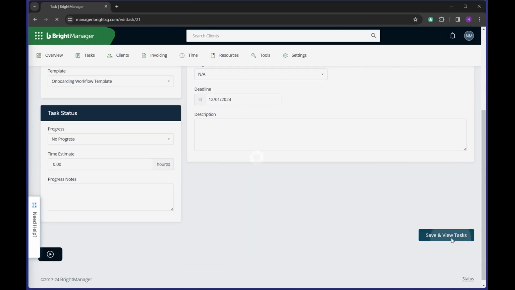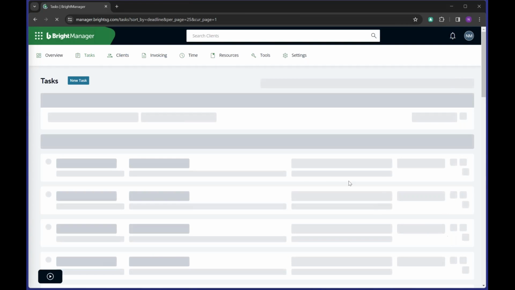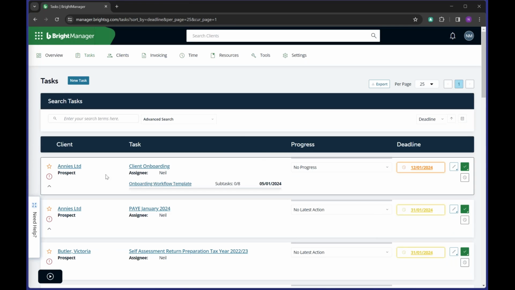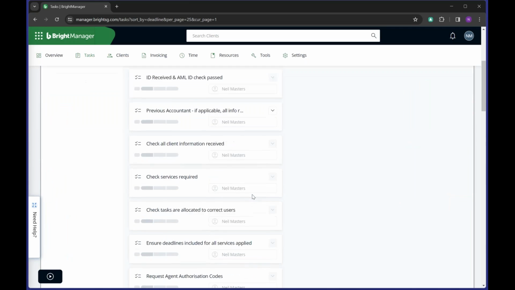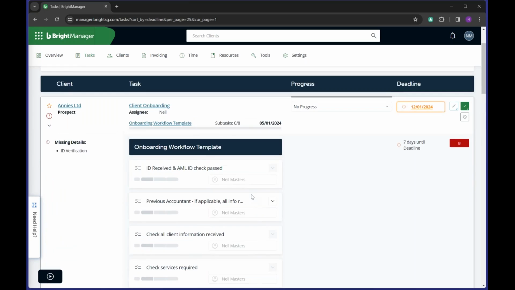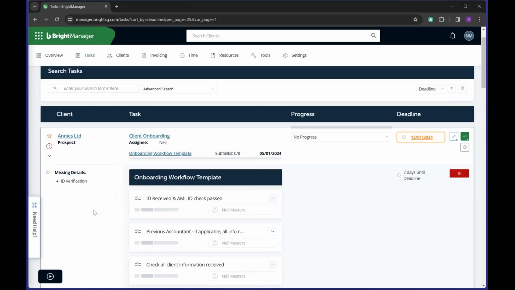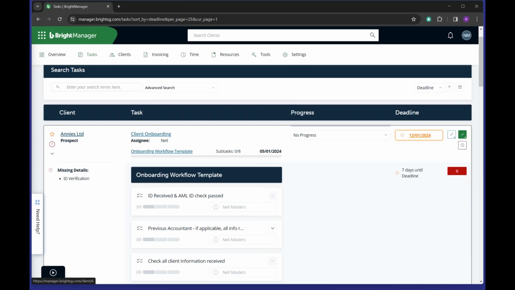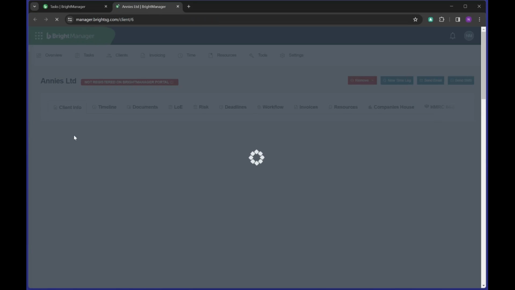I'm going to go ahead and save the task there, and it will then add that to our task list for us. So we will come back and have more of a detailed look at the tasks in a moment, but I just want to continue with the client onboarding process at the moment. We can see here the onboarding workflow has been added to the bottom of that task. But as I say, we'll go more into how the workflows work in a few minutes' time. For the time being, I'm going to jump back into the clients,